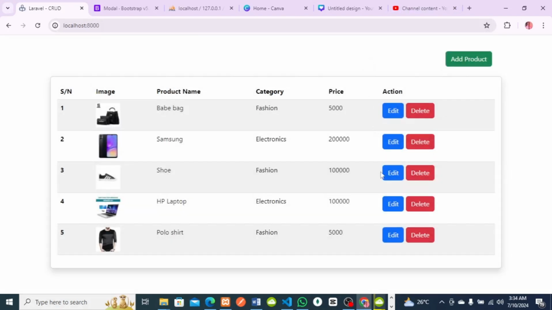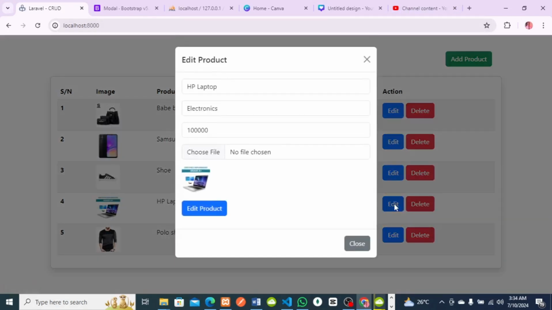So now that we've gotten all our necessary values, the next thing is to update each of these particular